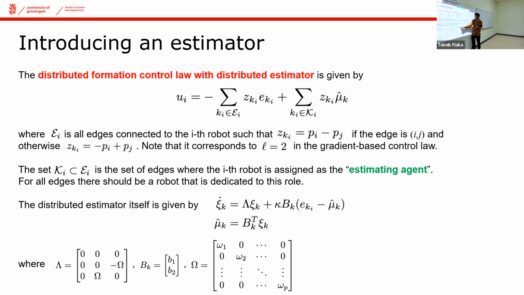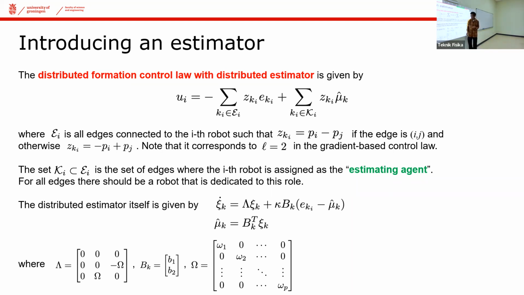So we have the corrections here, and when the error becomes 0, there will be no more update to this mu k. So the mu k is already able to copy the disturbance signal. And this is how mu k is being generated. This is just basically a mapping from the memory state to the disturbance coming from the environment.